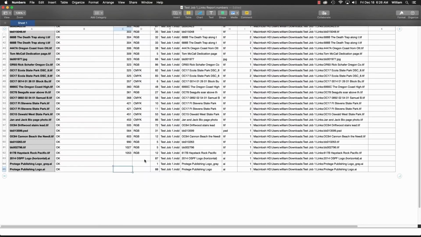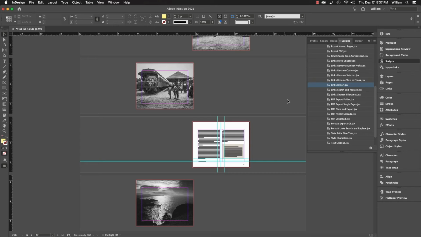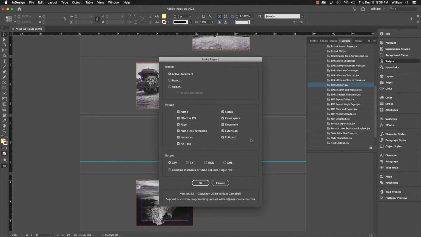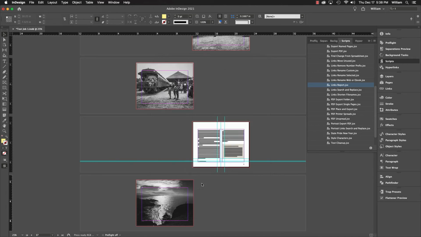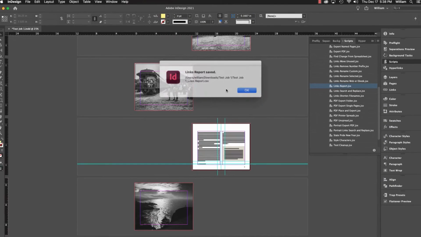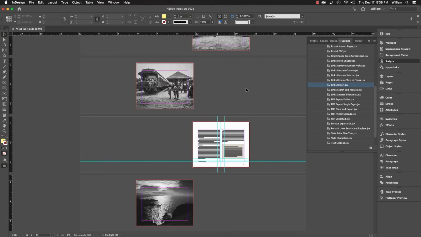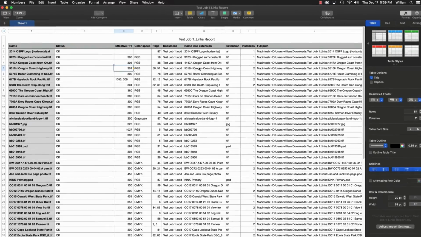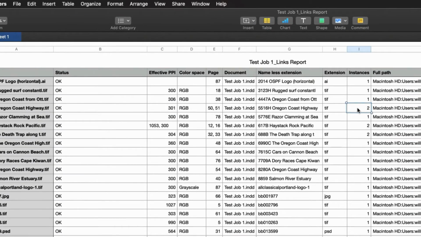Now let's try the same document, but this time enable the option Combine instances of same link into single row. A report file already exists, so the user is asked to confirm its replacement. Click Yes. For any graphic placed more than once, instead of multiple rows, the instances are combined into a single